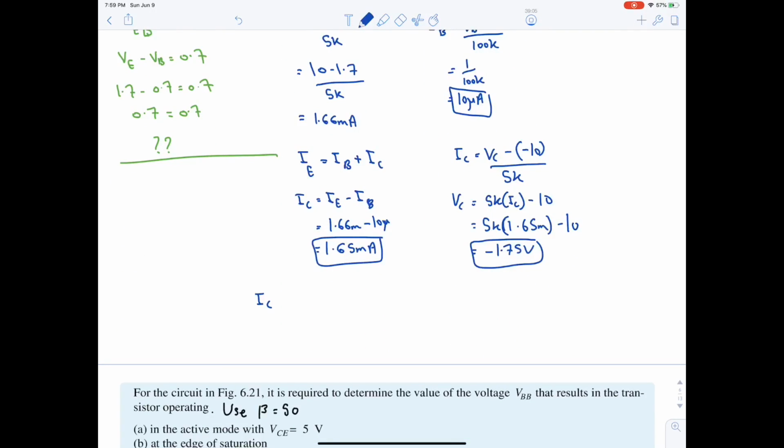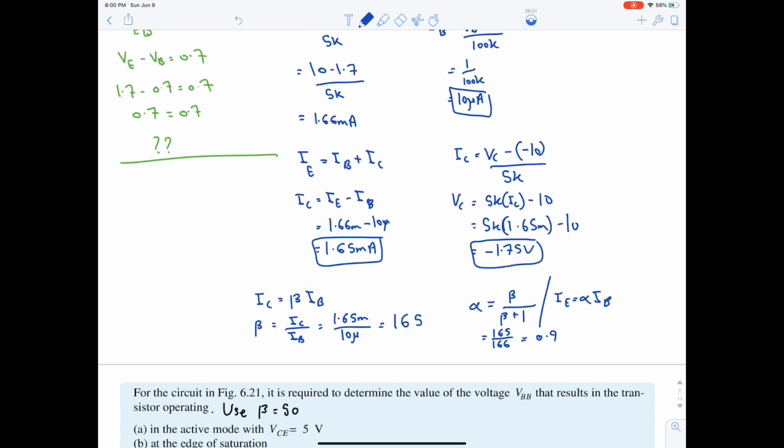We can use this equation for finding beta. Beta is equal to IC over IB. So it's equal to 1.65 milli divided by IB, which is 10 micro. So we will get 165. Let's find alpha. We can find alpha in two ways. It's either beta divided by beta plus 1, or we can use IC equal to alpha IE. Both of them will give us the same answer. Let's use this, 165 over 166. This will give us